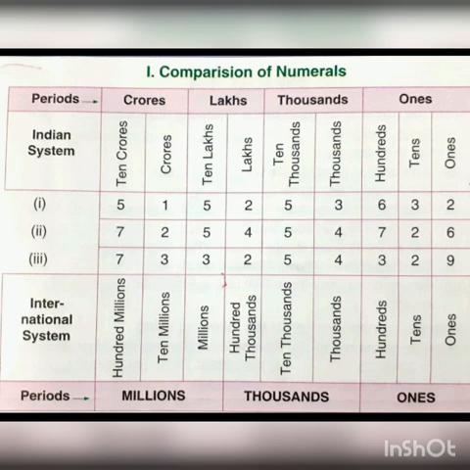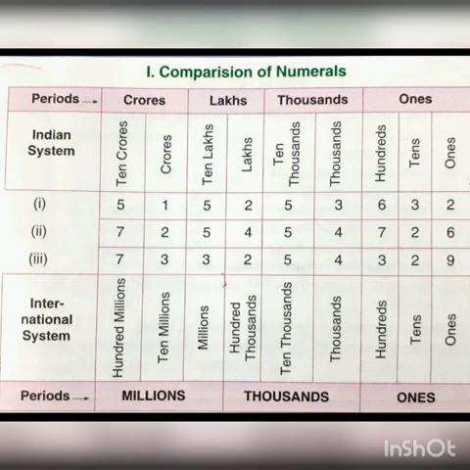Firstly, with the international number system, that is 733,254,329. Now by the Indian number system, it will be 73 crores 32 lakhs 54,329. I hope I am getting clear with the reading of numbers in the international and Indian number systems.